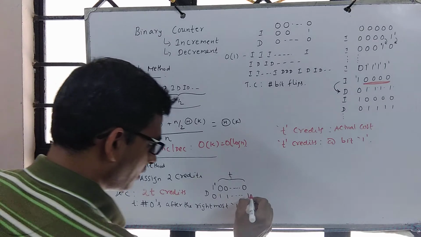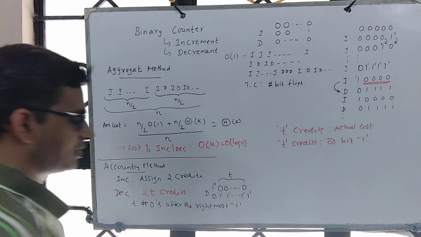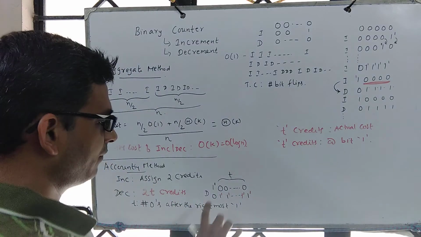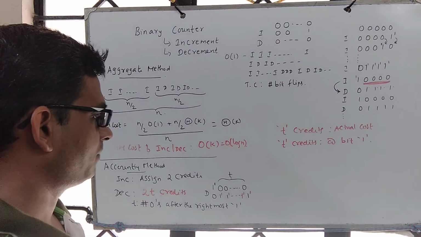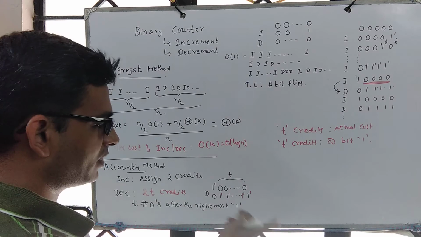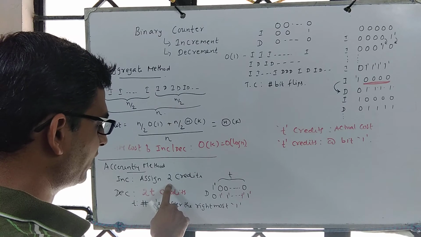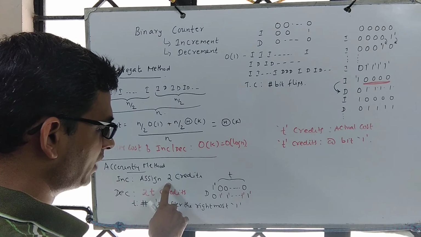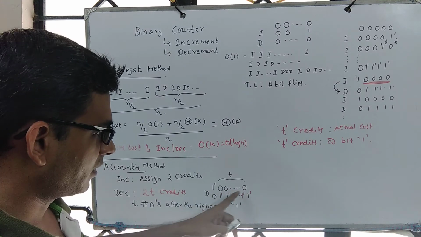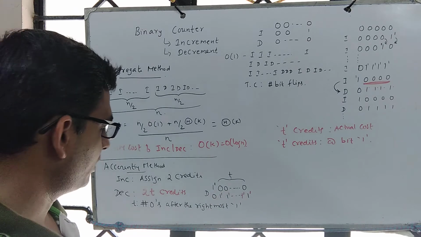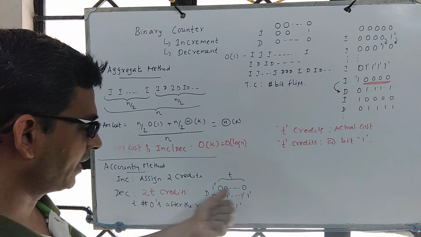So now what happens? We charge 2 credits. Now all these ones will have 1 each. At any point in time, with 0 you will not see a credit. With 1 there is 1 credit associated with it. And when we flip 1 to 0, that is free, there is no credit, and when we flip 0 to 1, we charge 2. But when we perform decrement, we have to take zeros into account, which is why we are sufficiently charging decrement so that the operation can be carried out.